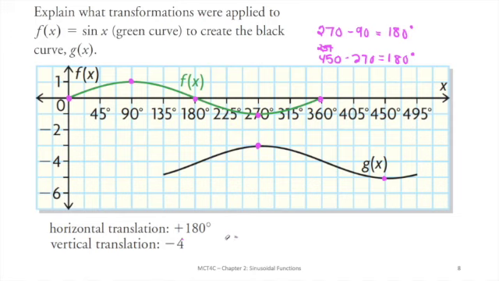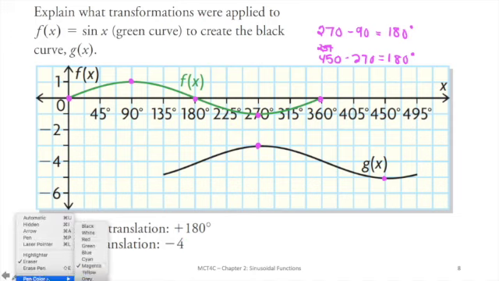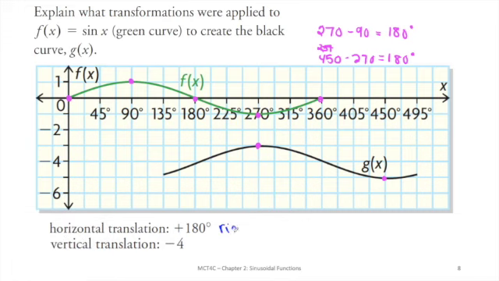down 4. So we didn't write down 4, we wrote -4. So you either need to write the word, or you need to write a plus or a negative sign. Okay, you need to do either one of these, this one or this one. Okay. Then you're going to put